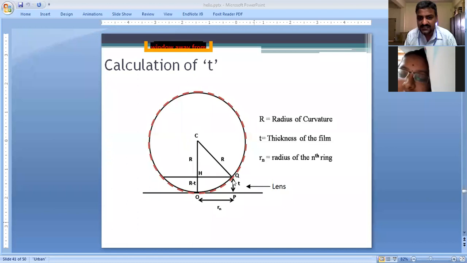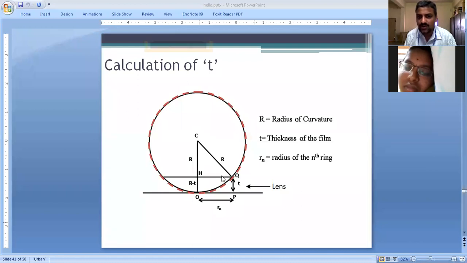Now, if T is this thickness, QP is equivalent to HO. Can you understand this? HO is equivalent to QP. It's a regular rectangle, right? So you can take this HO also as T, and the rest, that is from C to H, you can call the distance R minus T. The picture is somewhat confusing. Please don't get confused. My intention is that CH is R minus T, not this HO, because HO is after all T. So the balance is actually R minus T, right?